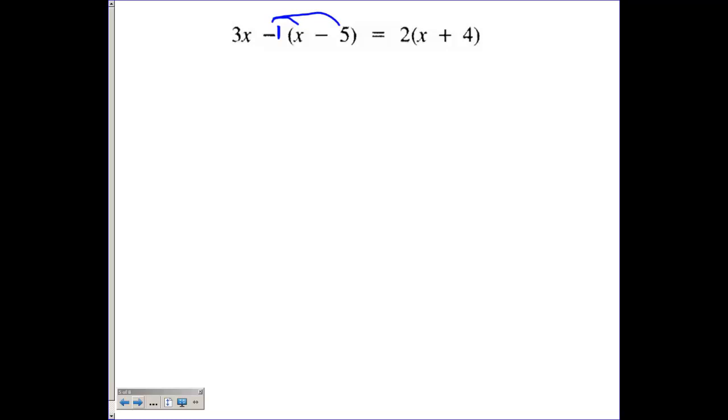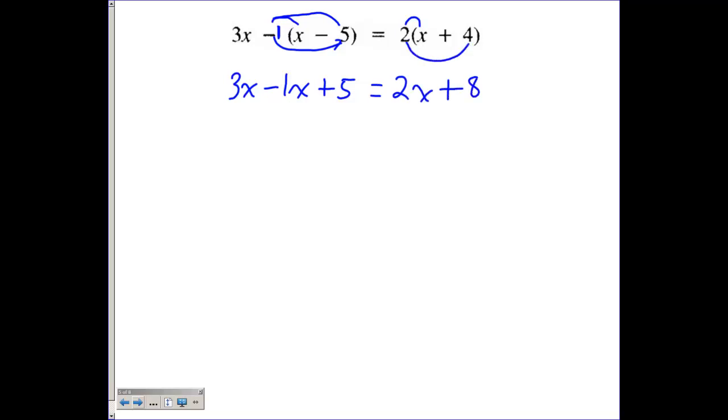So I'm going to bring down the numbers that are unchanged, which is 3x. So -1 times x is going to give me a -1x. And a -1 times the -5 is going to give me a +5. So that's no longer -5, it's +5. Now, since the right side and left hand side of the equations do not interact with each other until I start going from left to right on step 2, I can actually distribute on this side as well as part of my simplifying. So 2 times x is going to give me 2x, and the 2 times +4